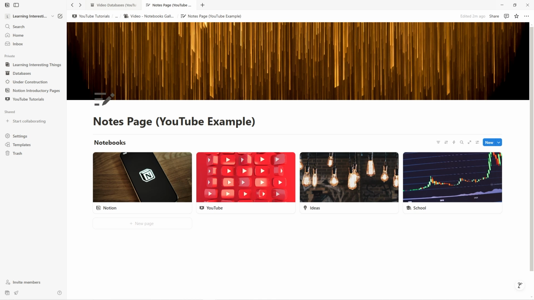If you're looking for a quick and easy way to set up your Notion page with more aesthetically pleasing layouts, stay tuned to see how you can make your Notion page look like this. What we've done is set up a sample Notion page for our notes, and as you can see, we've got